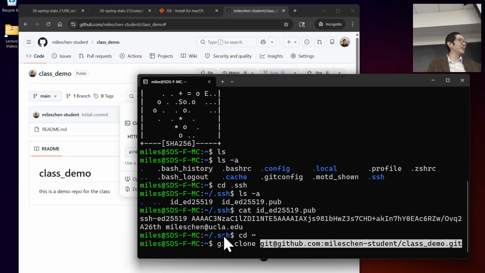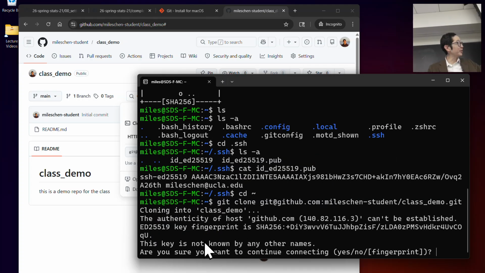And it'll say cloning into this. Oh, okay, this is the first time my computer's talking to GitHub. So it says, are you sure you want to do this? It says this is the fingerprint. I'm assuming my network is safe and hasn't been hijacked or something, but if you're in like some high security setting, they might have some kind of fingerprint for their server that you want to double check. Okay, I'm going to just say yes, this is fine, and then